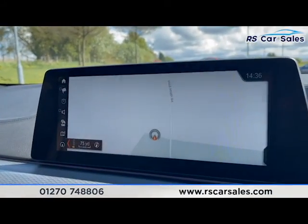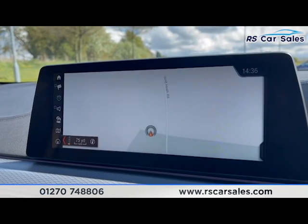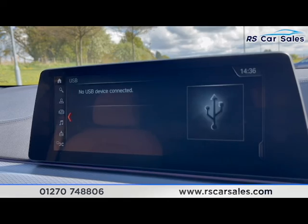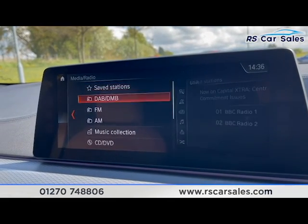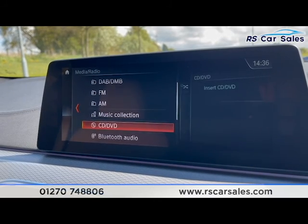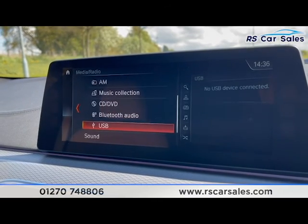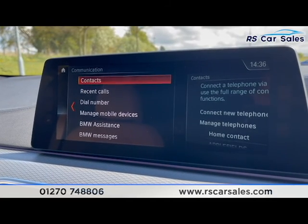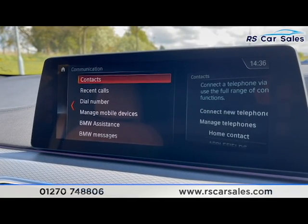We've then got our infotainment screen. So in here you'll find things like navigation, which you've got on display at the moment. We've then got different forms of media connectivity. On here you'll find things like DAB, FM and AM radio, music collection, CD/DVD, Bluetooth audio and USB. We've then got phone connectivity, so we can connect our phones via Bluetooth to make calls or listen to music,